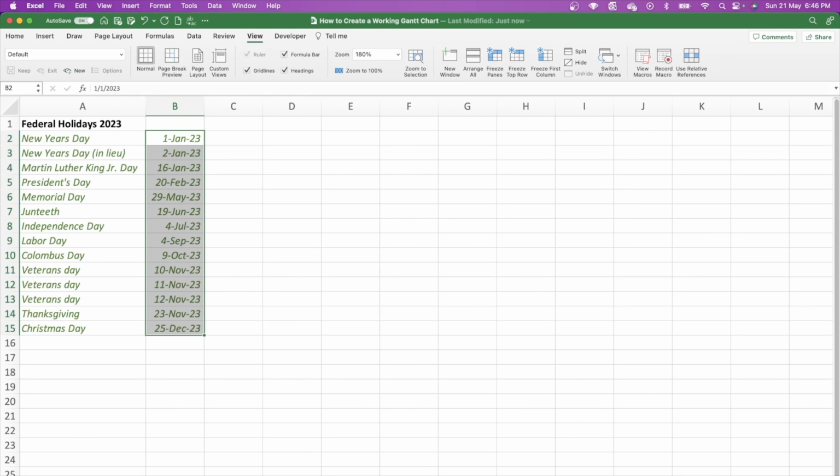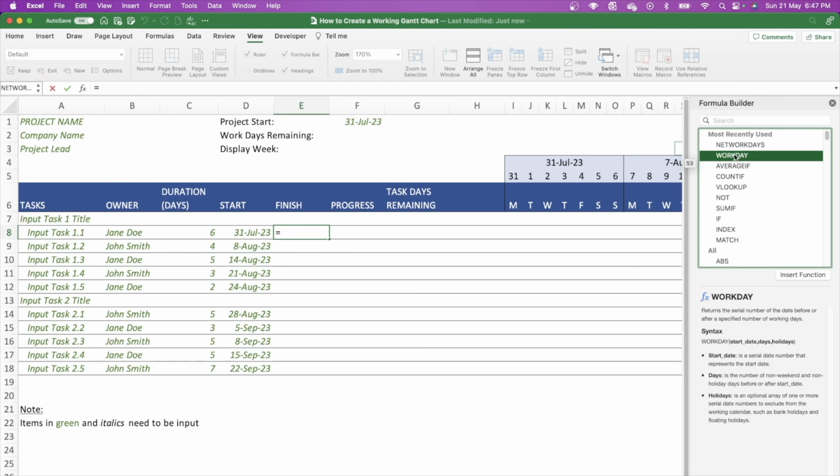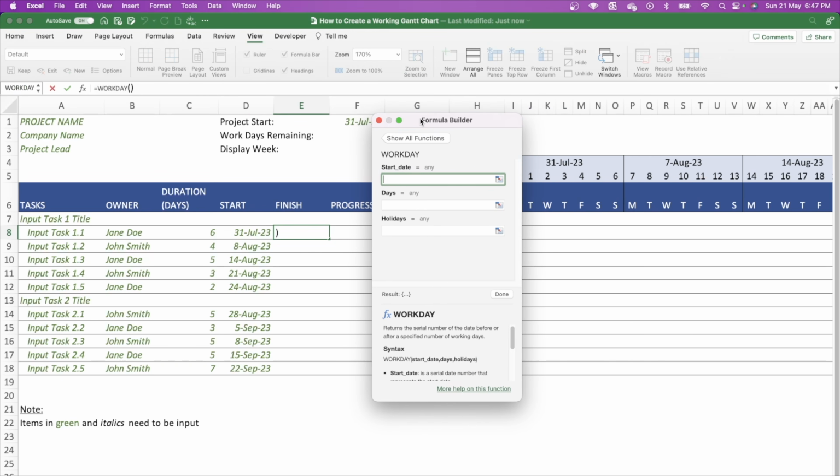So if we go back to the main worksheet, what you can see here is that we're going to input the function and use the function workdays. So we're going to open the builder, we're going to click on workdays, and we're going to drag the builder over. And for those of you who've seen my videos before, you'll know that I use the builder for relatively rare functions, so that beginners or people who just haven't used the function before can see the logic of